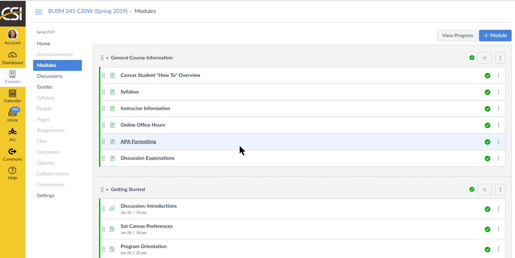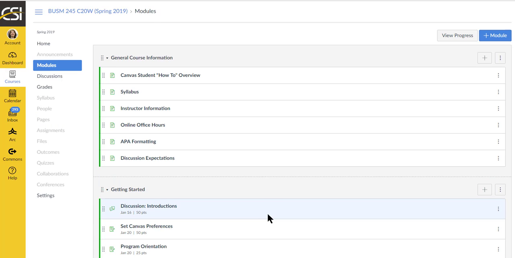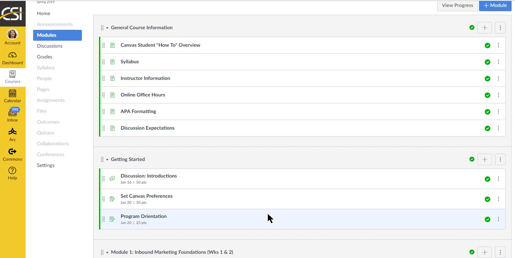Everything you do in this class as far as writing is concerned is in APA format. So if you're not familiar with that style, here's some tutorial information available to you. And here's some general information just to get you started. You do want to use a reference page in APA, not works cited. And APA is an easier form as well, so that helps.